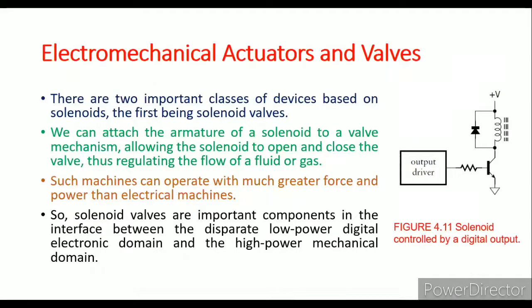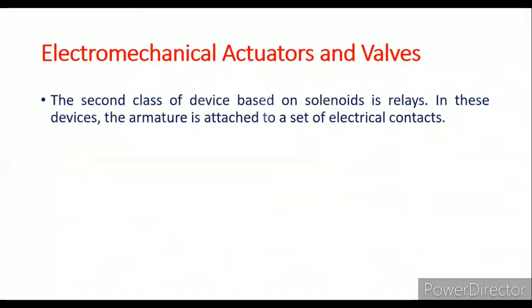When you see the example of an industry, it deals with huge mechanical systems or devices which have to be controlled, and for controlling them we are using electronic power. So this solenoid acts like a mediator between these two systems to control the on and off of a flow of liquid or a gas, etc., in the different industries. So this is one form of the system that has been used with the help of a mechanical system.